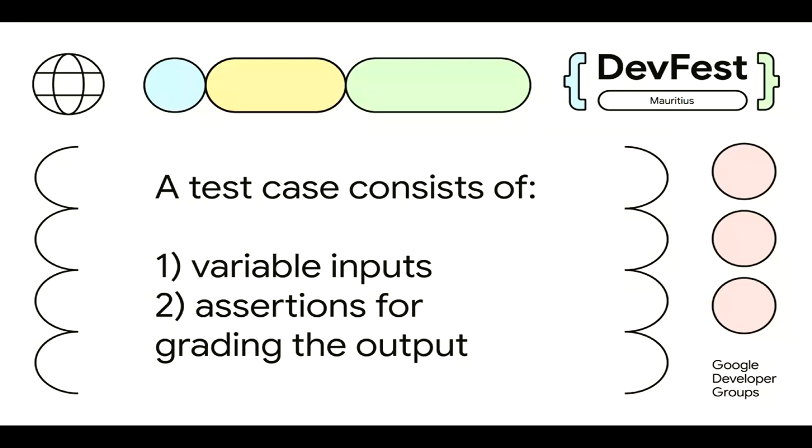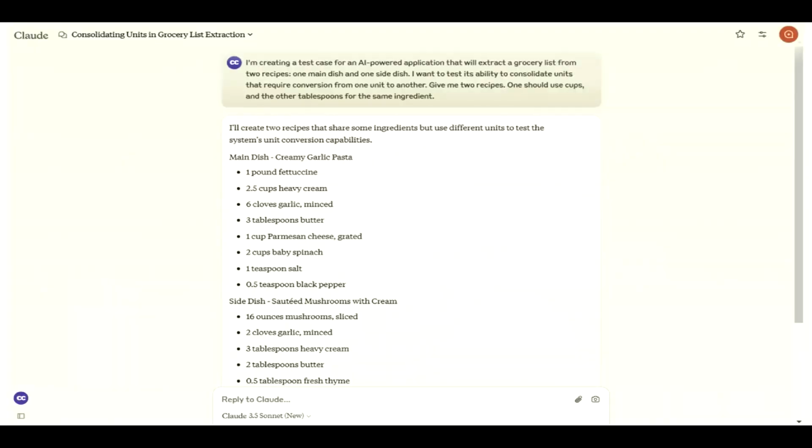prompt that we had. So a test case consists of variable inputs and then assertions for grading the output. So we've got our models that we want to evaluate and our prompts that we want to evaluate. Now we need to create a test. So we've got to create inputs and we've got to create assertions that we'll use for grading. So in order to get